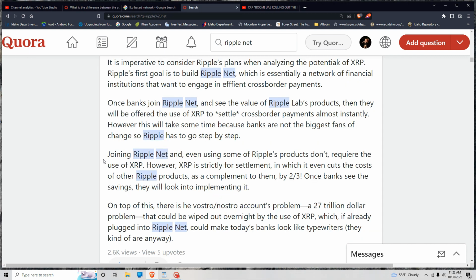You have to remember too that joining RippleNet and even using some of Ripple's products don't require the use of XRP. However, XRP is strictly for settlement, in which it even cuts the cost of other Ripple products as a complement to them by two-thirds. Once banks see the savings, they will look into implementing it, obviously. But it's all